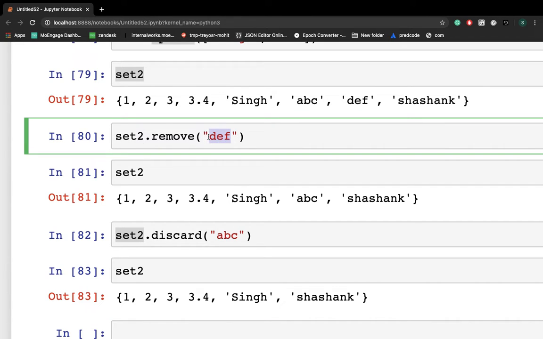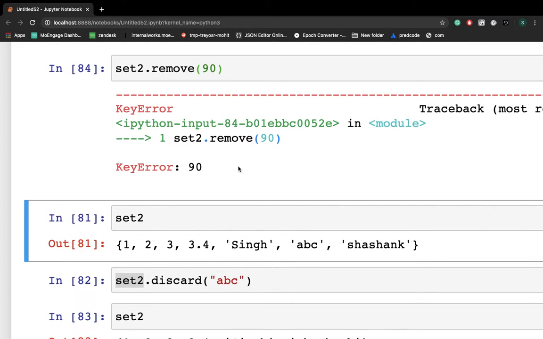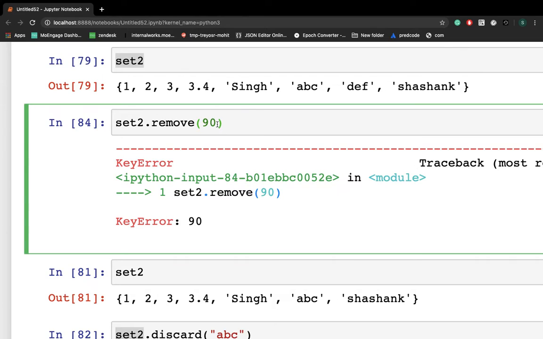So let's say some element is not there in the set. I want to remove 90, which is not there in this set. So what happened? It will throw an error, because this element is not there in the set. Why are you removing it?